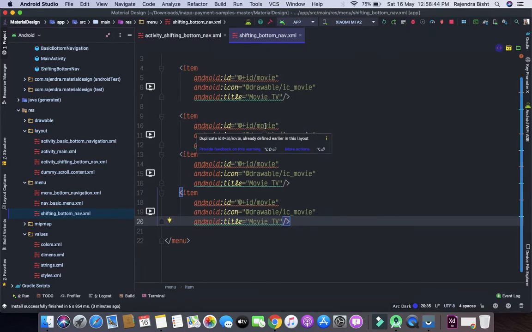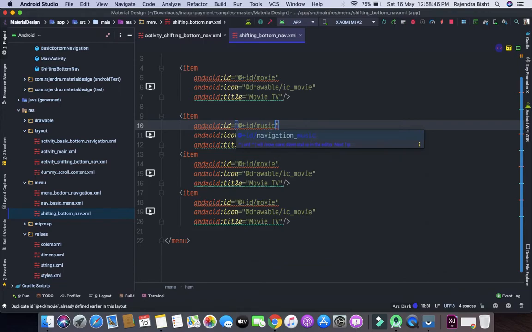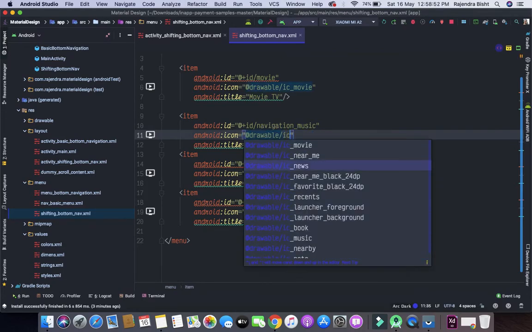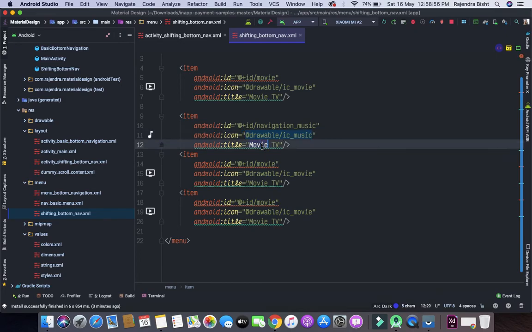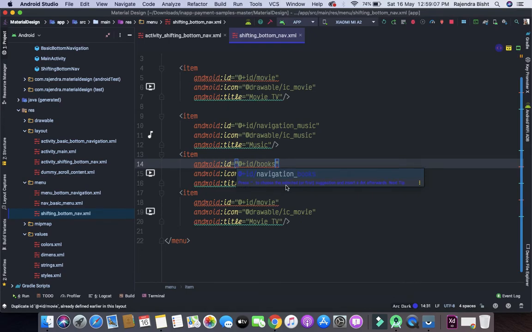The second one is music. IC music. I'm going to take the icon IC music, and here the title is music. Now the third one is books.